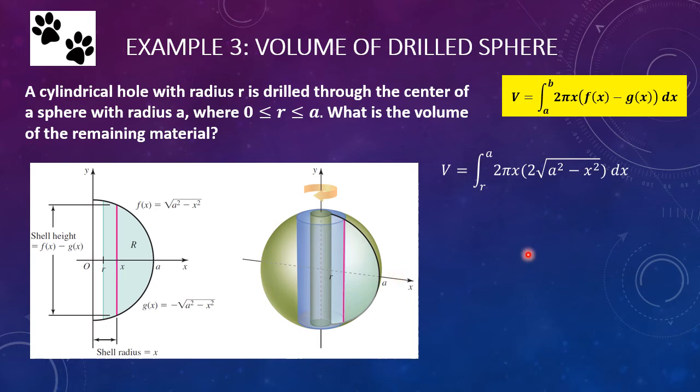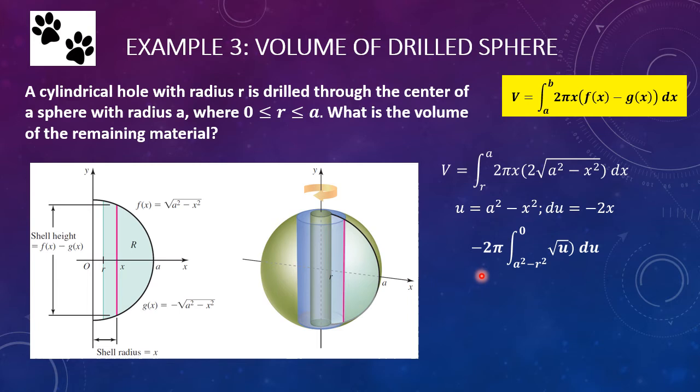Sometimes these can seem confusing for students when we have what seems like many variables in here. But remember, a is a constant, and so is r. So in this case, if we do a substitution, u equals a squared minus x squared. Since a is a constant, our du equals negative 2x, and we can greatly simplify the integral into negative 2